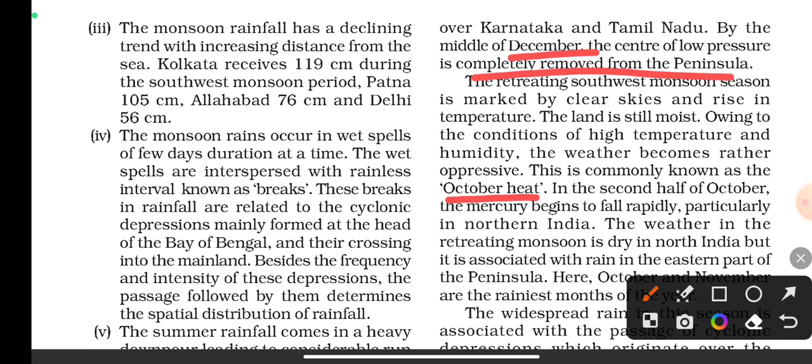In the second half of October, the mercury begins to fall rapidly, particularly in northern India. The weather in the retreating monsoon is dry in North India, but it is associated with rain in the eastern